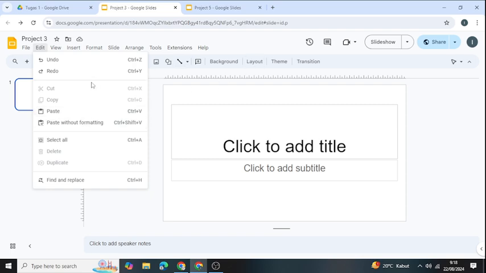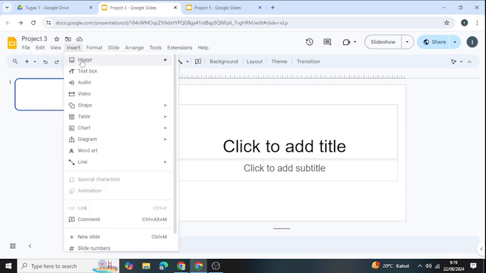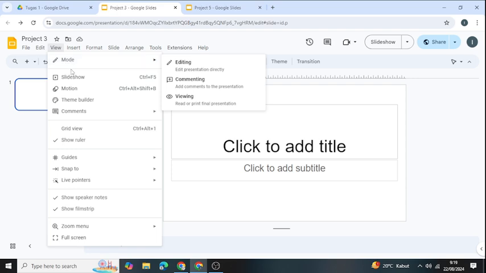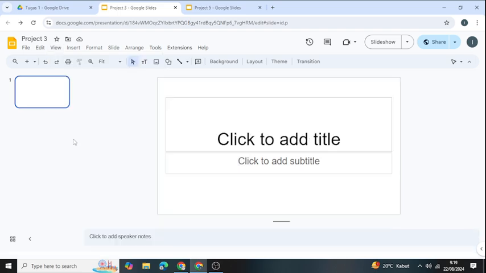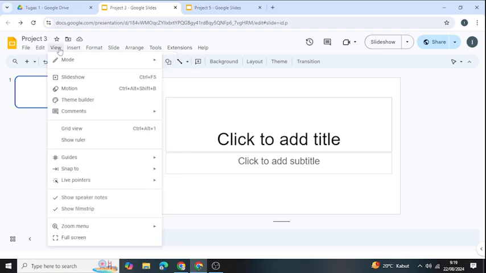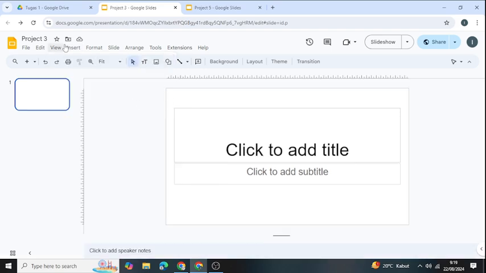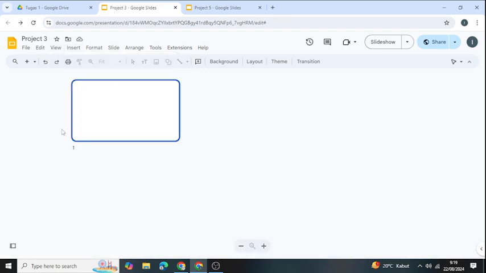So everything here is in the menu, the menu bar. So there is also here at the top the toolbar and menu bar and others. And then view here, the mode of editing. If you choose other, the other version. So slideshow, motion, time builder, comment and others. So rulers like this, now there is none. If we want to show it, and then this one also if we go with view, like this,